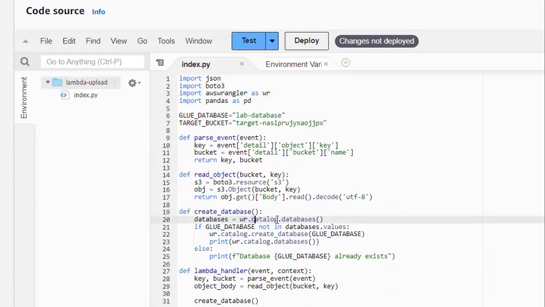So by using this catalog.database, we are defining this database variable. And by using that database variable,